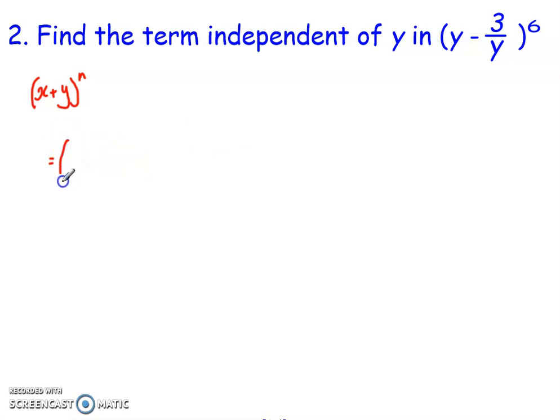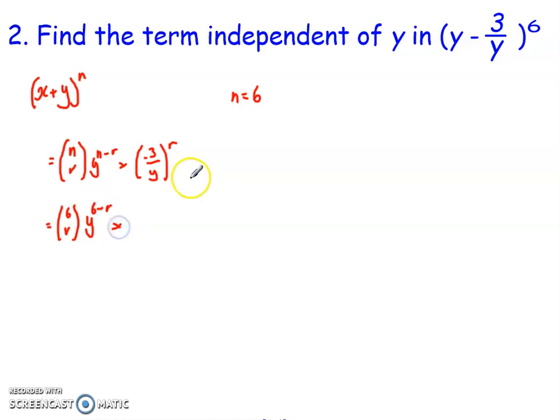So then I can say, right, my general expansion is going to be nCr, my x to the power of n, which in this case is y. So it's going to be y to the power of n minus r. That's then going to be multiplied by my second term, which in this case is minus 3 over y, and that's going to be to the power of r. What I can then do is simplify this bit here, taking into account the fact I know what n is, because I know from the expansion that n is equal to 6, see what I get, and then figure out my condition for r. So what that's then going to be is 6Cr y to the power of 6 minus r